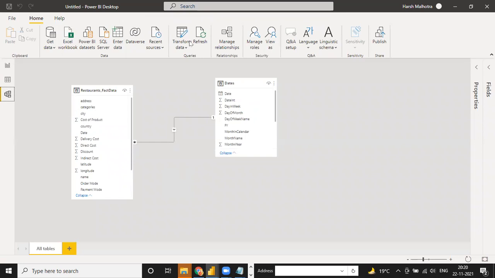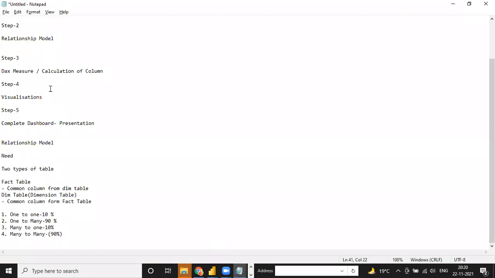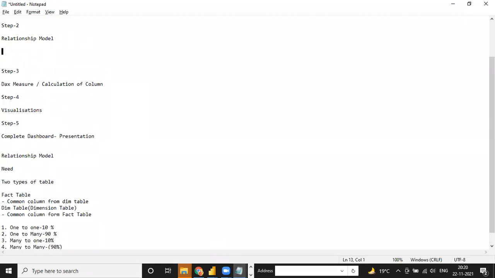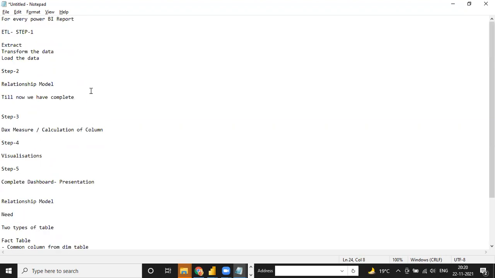So guys, any doubt you have now, you can ask me, because now this second step, we have prepared this relationship model. Till now we have prepared this model. From Wednesday's class we are preparing the DAX measure calculations, like how to prepare total cost, total sale, the revenue part, and then we make some visualizations. And from Friday this project will be completed. It means a total of two more classes, Wednesday and Friday. So till Friday we will complete this fast food restaurant model project.